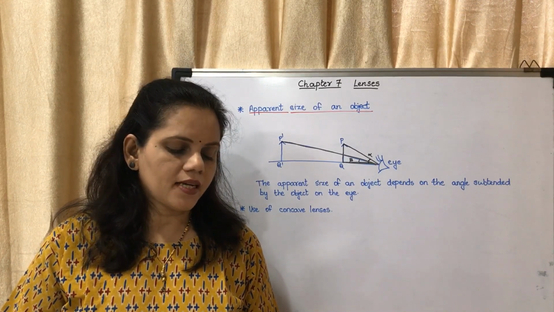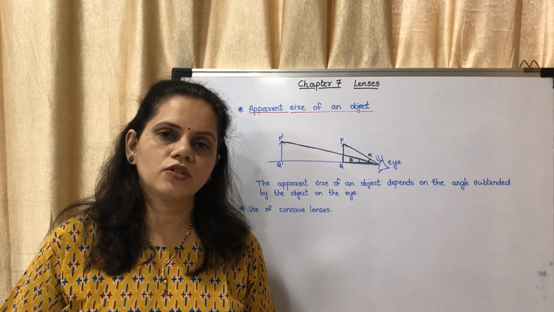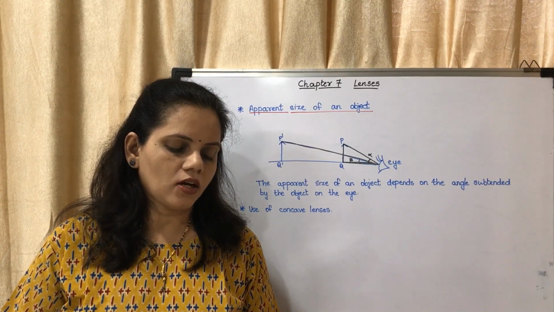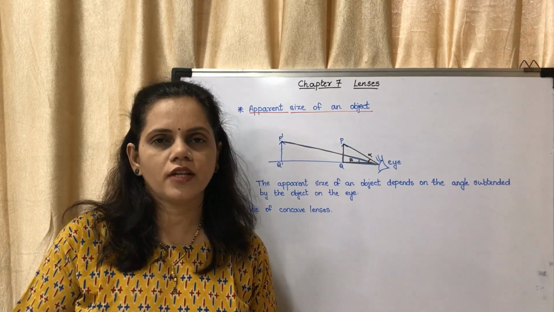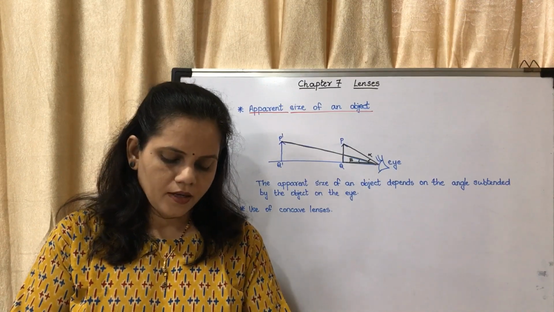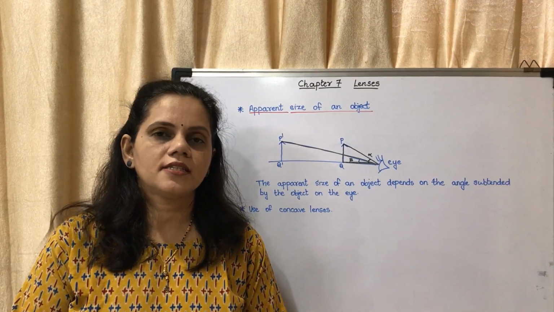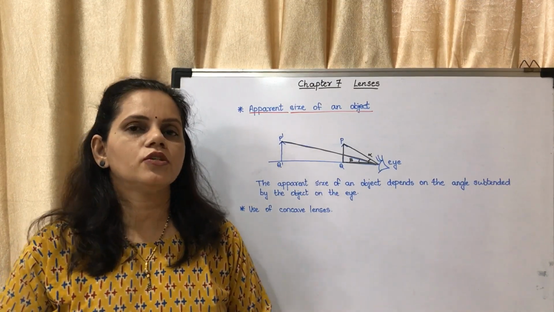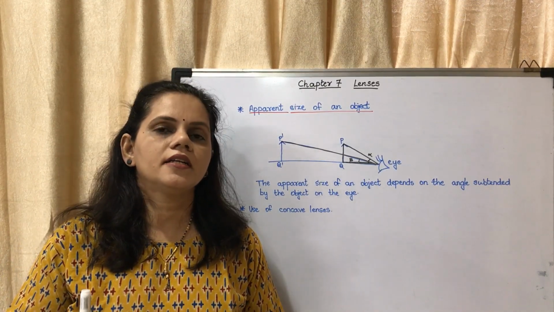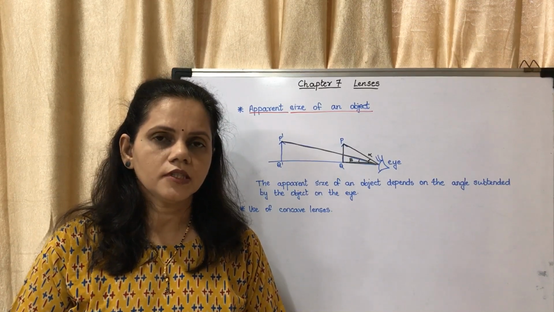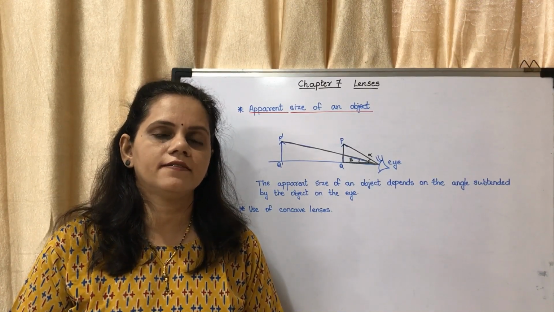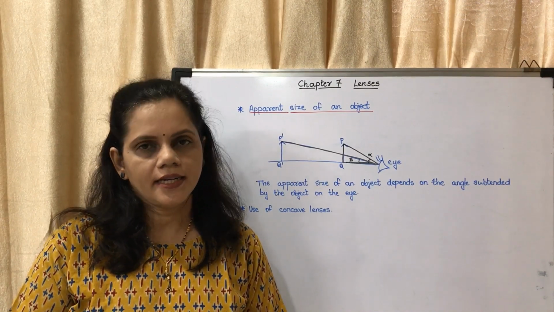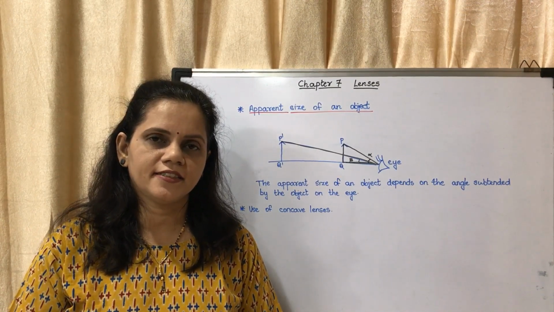So these cameras, telescope and microscope make use of convex lenses. To get good quality images, a concave lens is used in front of the eyepiece or inside it. Okay, so this is about the use of concave lenses. Now the next topic is the use of convex lenses. Under the use of convex lenses, we have the study of simple microscope, compound microscope and astronomical telescope. We will see it.